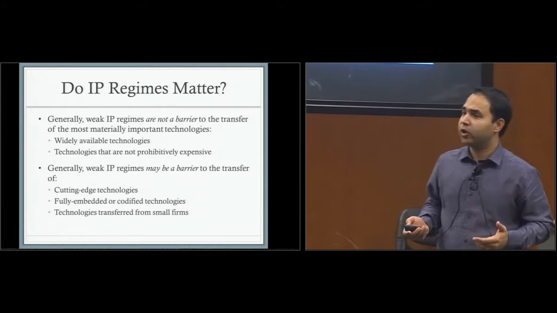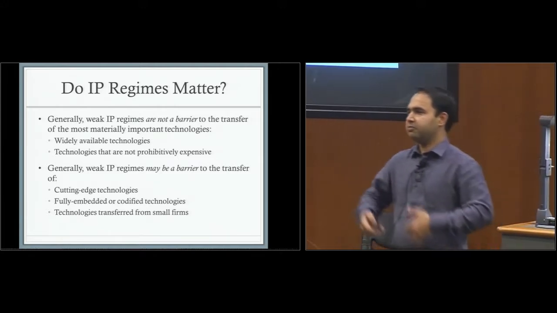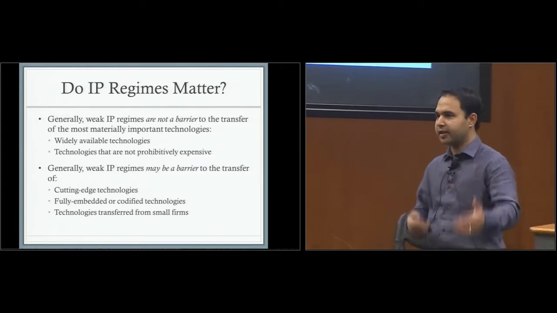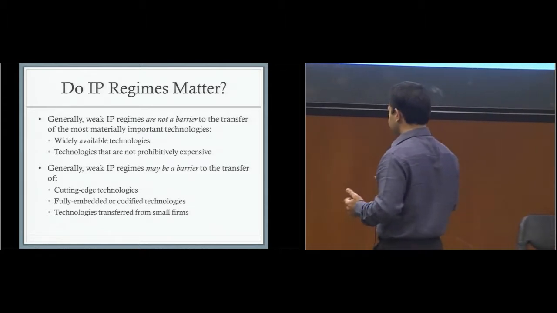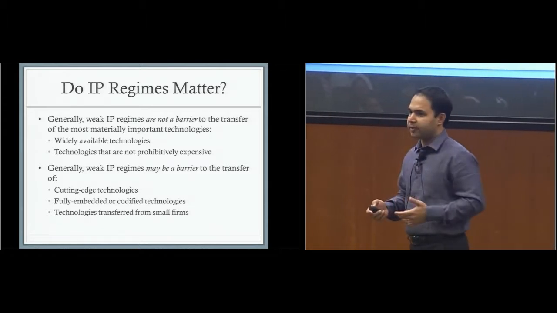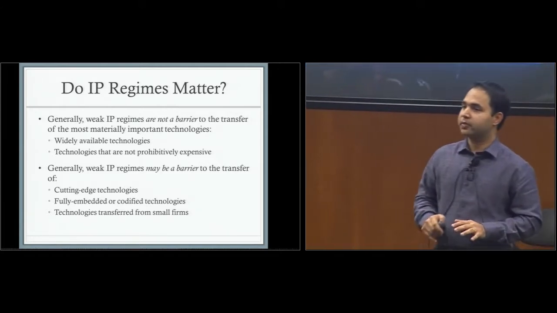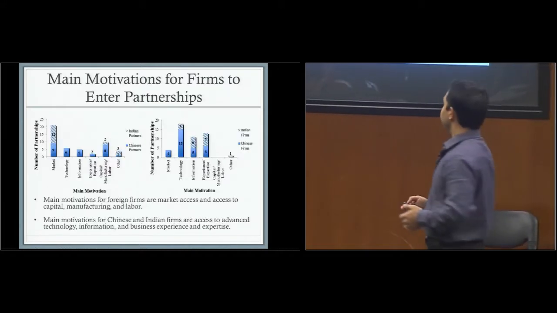So basically, the argument is that small firms have less to lose, right? They are more risk-taking because if they engage, that is the only way they can test and sell and grow. So if they lose, fine. But what we actually find is just the opposite, and I'll explain in a moment why. We do find that small firms have a much harder time trying to do these technology deals in foreign countries,